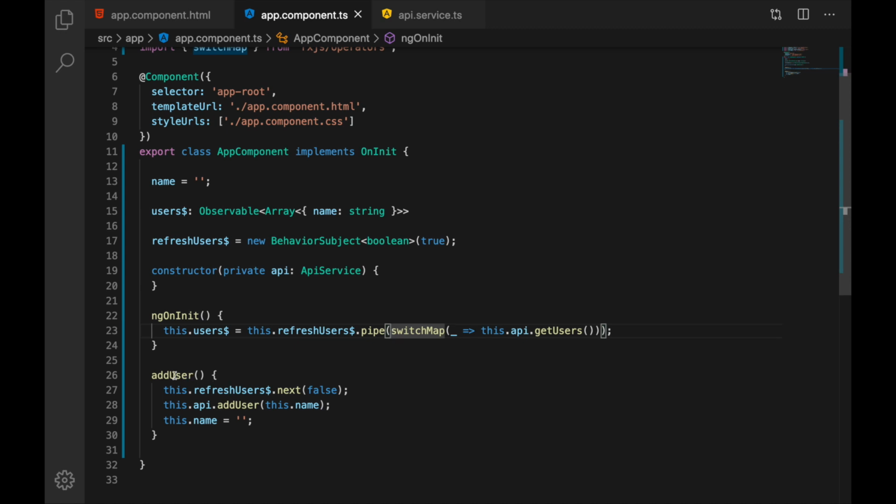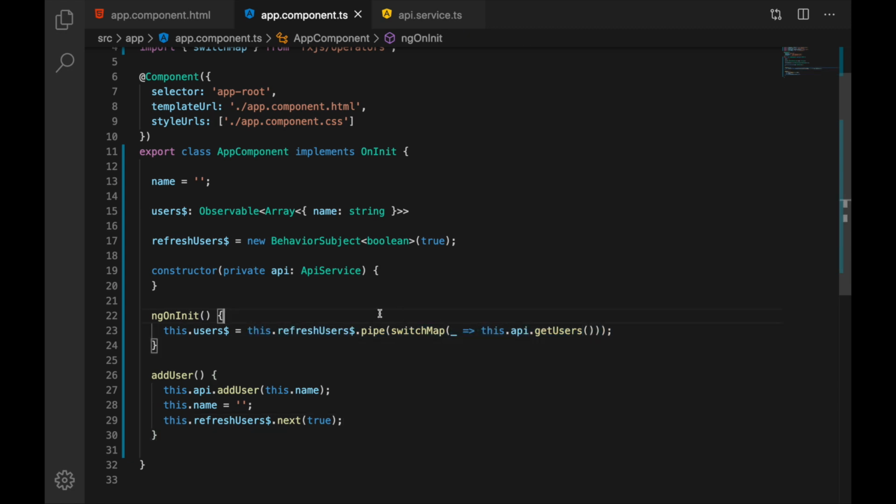And here, when the add user happens, after add user, we can poke our refresh users, we can push a new value, doesn't matter what this value will be, true or false. I have taken true just for example,